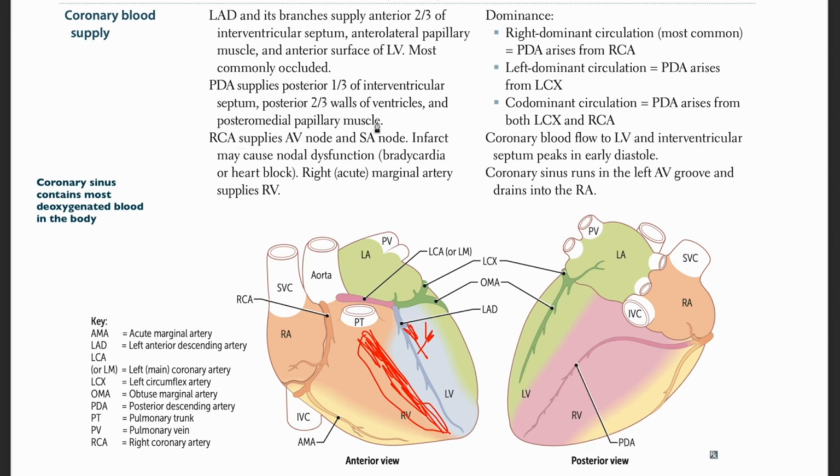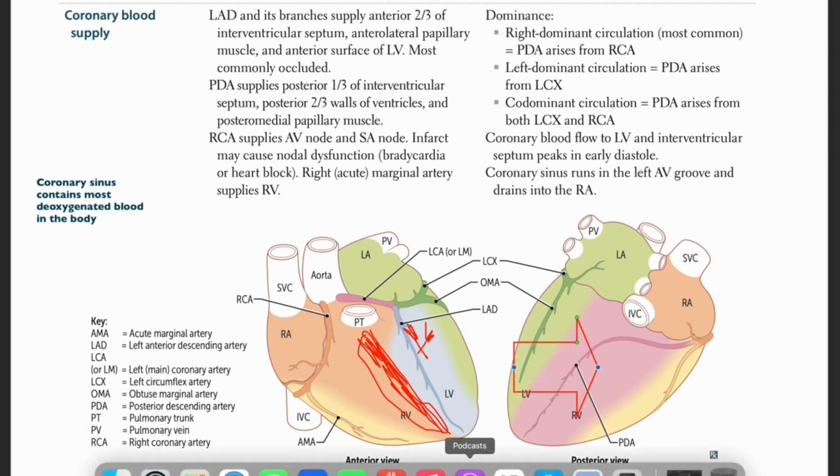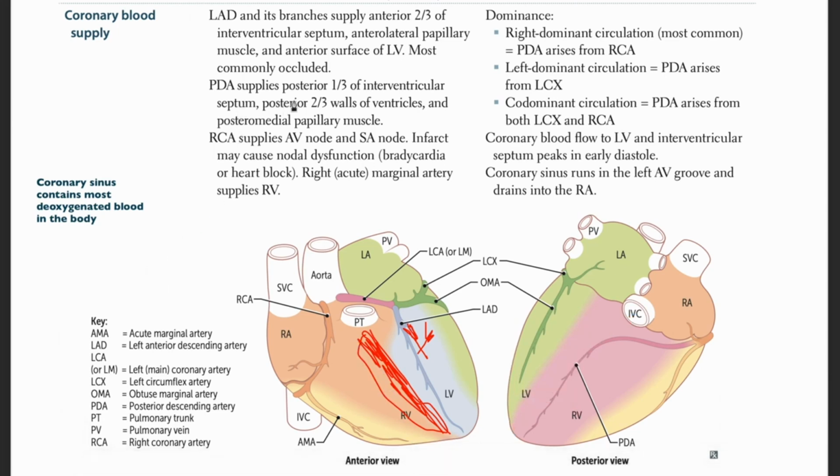So it supplies the posterior 1/3. So that's this 1/3. Okay, so now the interventricular septum is like this on this side, right? So now it's going to be the bottom part. It's going to be this bottom part right here, or that bottom part that's not covered. Okay, so it supplies the posterior 1/3 of the interventricular septum, posterior 2/3 of the walls of ventricles, right? Okay, so the ventricle itself, its walls, it's going to supply, and